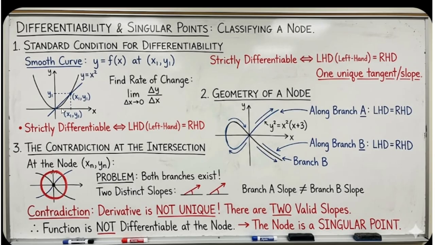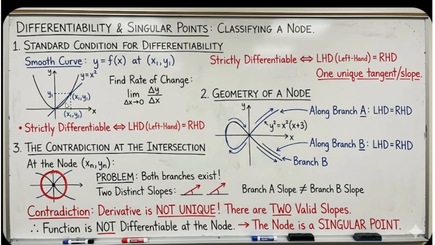Suppose we have a smooth curve here. The given point is x1, y1. Someone asked to find out the rate of change at that particular point. It means that per unit change in the input, how much change in the output at that particular point. If they ask it, what we can do, we take